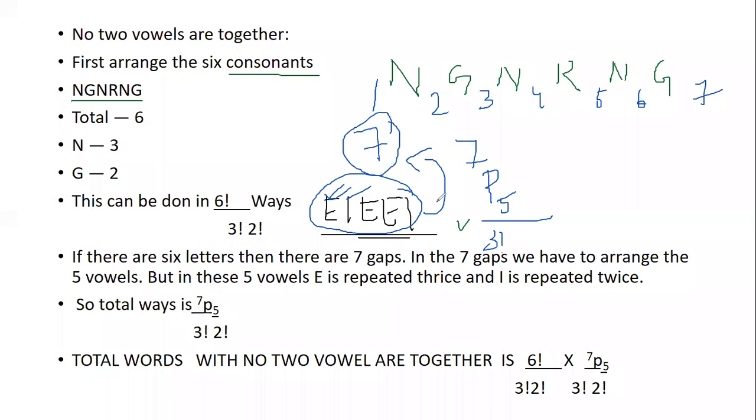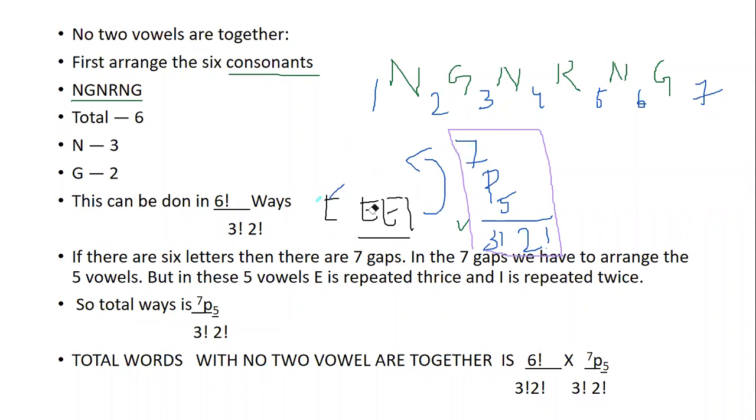And I is repeated 2 times, so 2 factorial. So this is going to become our actual answer for no two vowels are together. But